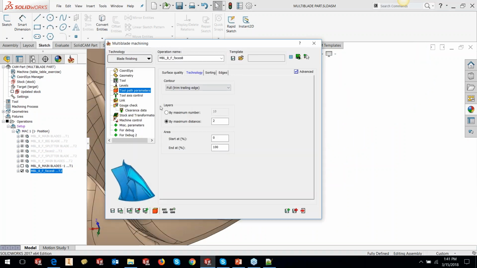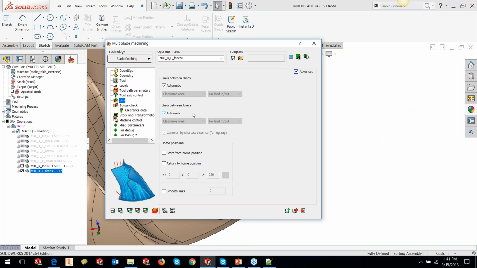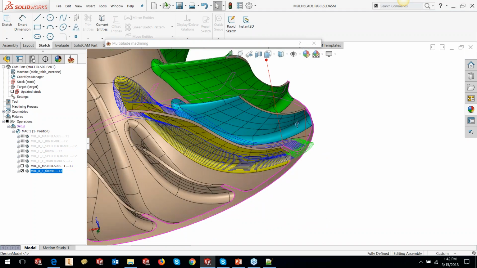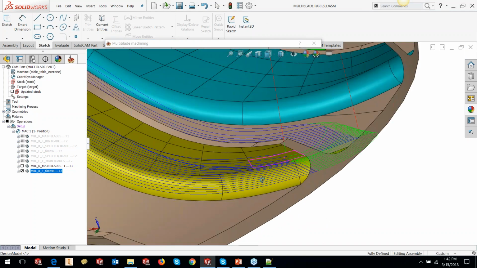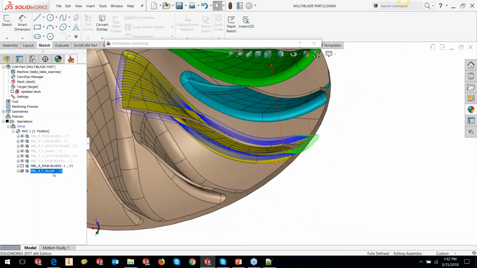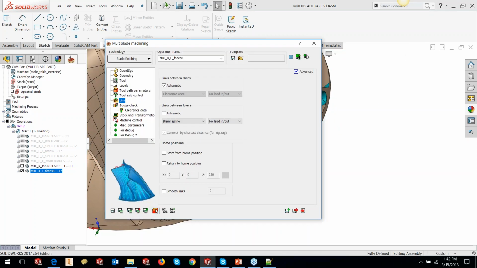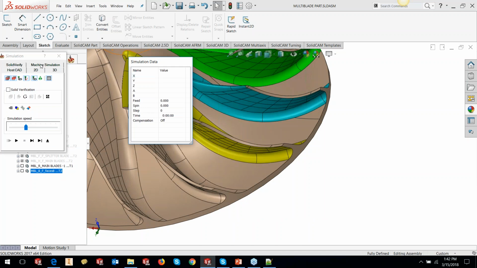So what we will do here is, because the link was controlled automatically, we will override certain links. For example, when it's connecting between the layers, I would not like it to go to the clearance plane, but I would like to blend a spline. Let me run the calculation now. I'm just overriding the automatic functionality of SolidCAM, and you can see that I get a much better and nicer looking toolpath, where the toolpath will continuously, almost like spiraling, run on the